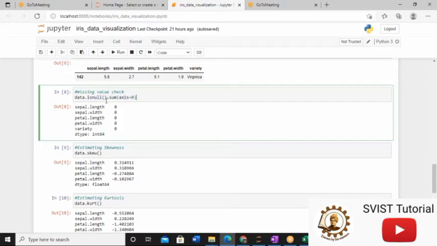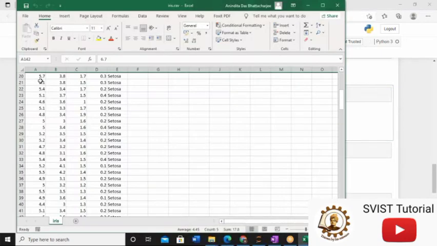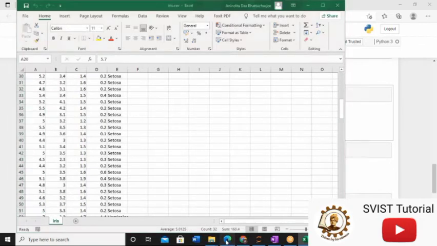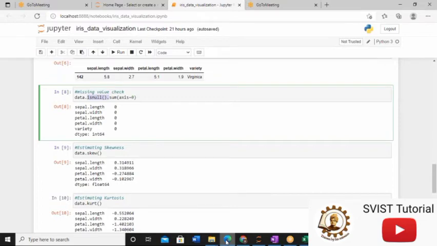So what is the return type of isNull? Just write it down: mask of Boolean values. Why is it known as a mask of Boolean values? Because it operates on each element in the data frame. It keeps on searching whether there exists an NA value or not. So that's why the return type is a mask of Boolean values. Make a note: it is not just a Boolean value.